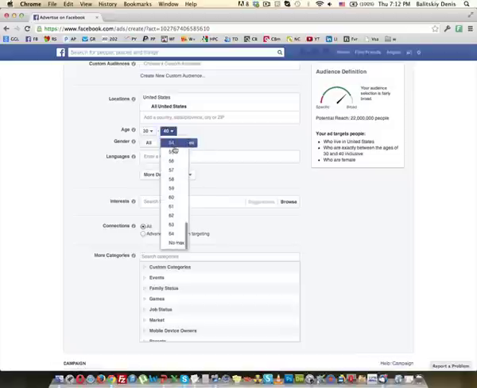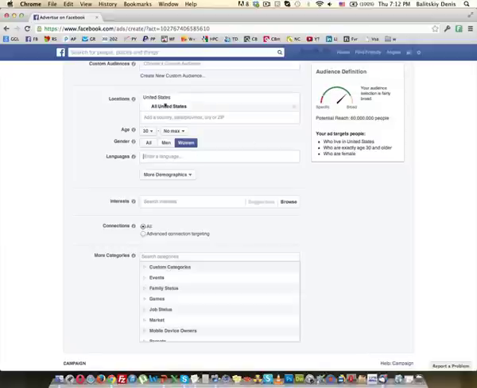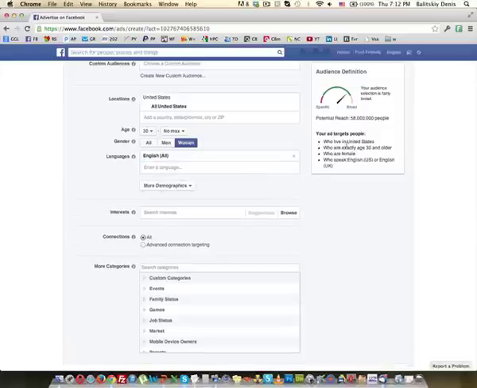Now here's another thing I want to show you. Let's talk about the language. Let's say we have a proven campaign, and we're targeting the United States, 30, no max. And again, this is a proven campaign. I know that it converts. Okay, if I don't know the campaign converts, I would start with 30-40. And let's say that we're targeting 60 million people here. Now, watch what's going to happen if I enter the language. Let's say it's going to be English. Okay, we're talking to the United States. Click here. Look what happened. We have 58 million people. We just lost 2 million people.